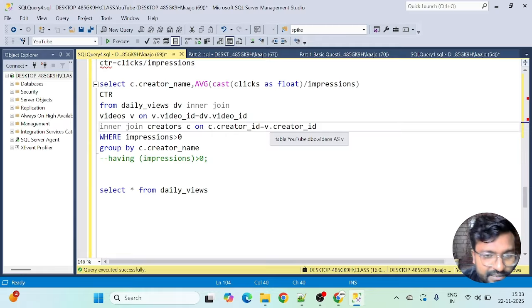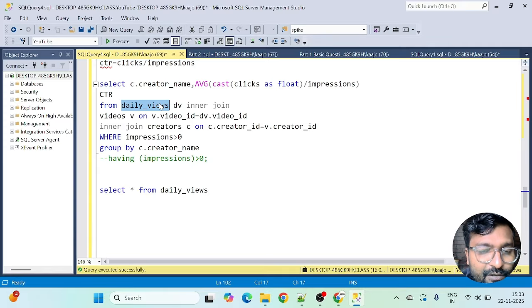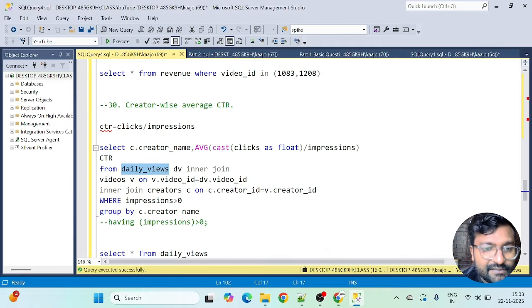Even it took me some time to understand this question sometimes, because the reason I actually got confused in this question was because we have multiple records for a single video in this daily views table. So that's where I was actually thinking. I was having a couple of minds. I was thinking in two different minds, that either I take the sum first and then take the average, or I simply go with the clicks division by impressions. That's why I was thinking. It took me some time to debug this. Okay, so I think this part is also over, and then I'll see you soon with the next part. Okay, please stay tuned.